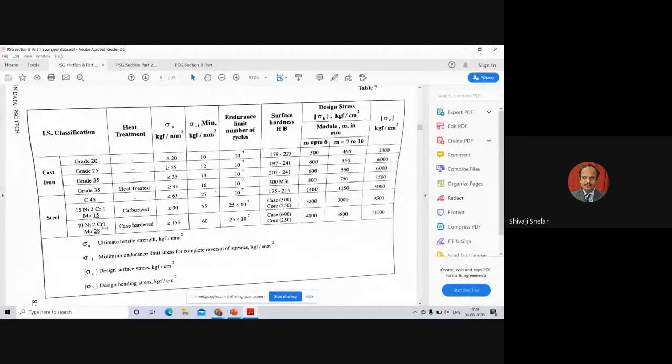So this is the pinion material. For this pinion material, the ultimate tensile strength is greater than 155 kgf per millimeter square. Then surface hardness for core is 250, and if you do case hardening, it can go up to a maximum of 600. Now, sigma B, this is the design stress value for module up to 6 mm and module between 7 to 20 mm. Right now, we don't know what the module size will be. Let's assume module is up to 6 mm. So my design stress value will be 4000 kgf per centimeter square. And the crushing stress value here is 11,000 kgf per centimeter square, for the pinion material.